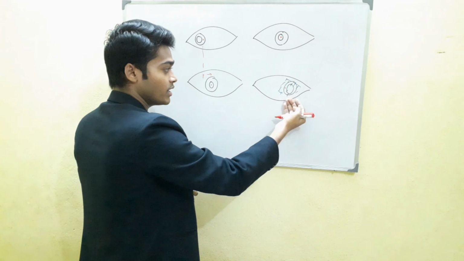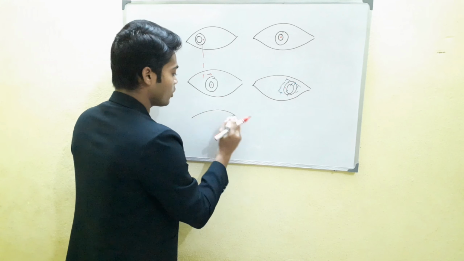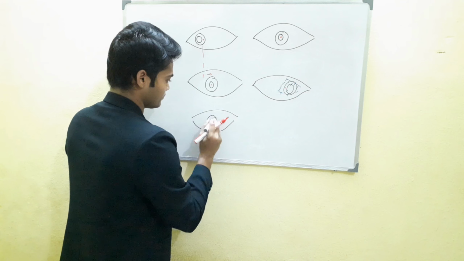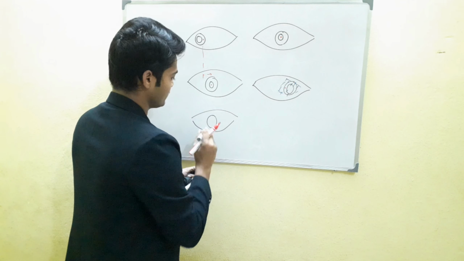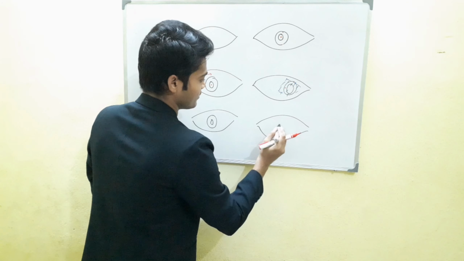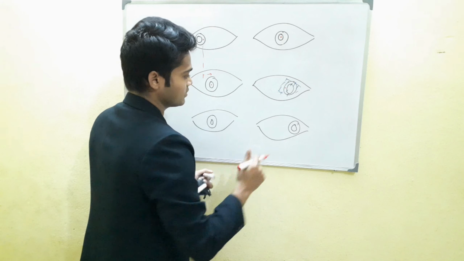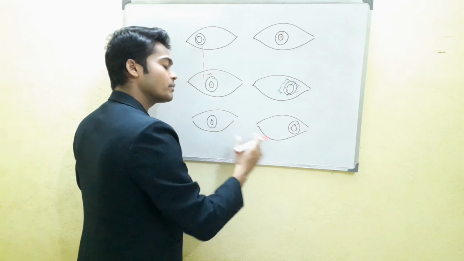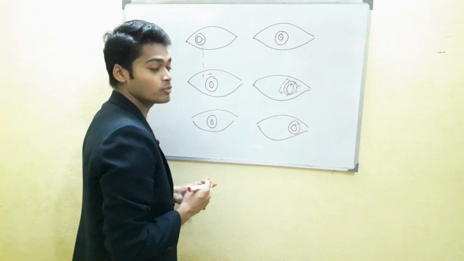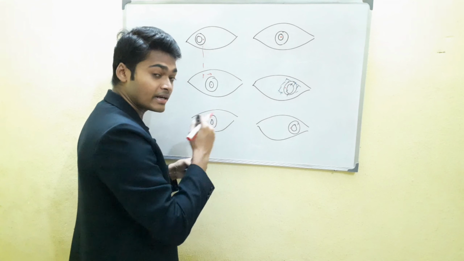What will happen on removing the occluder? If we remove the occluder, this eye is here, and this eye might have a chance to remain at the deviated position, or to maintain the deviated position, right. Now this is called alternate occlusion.